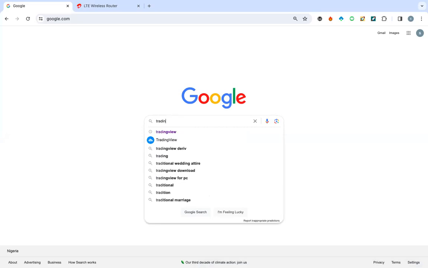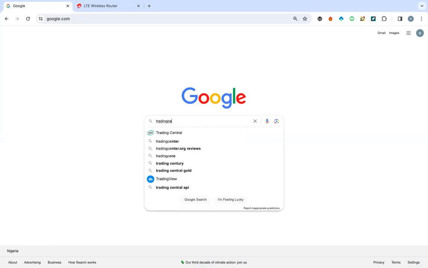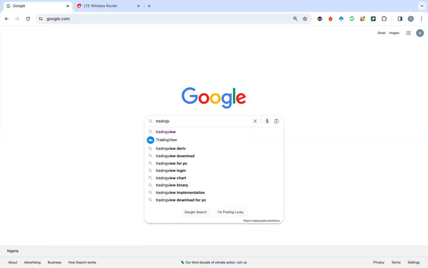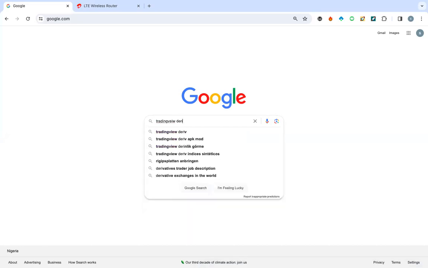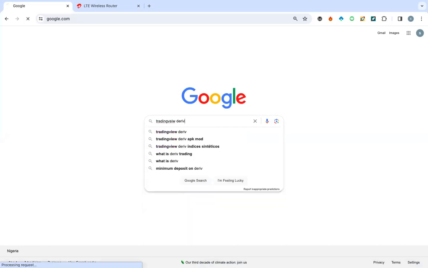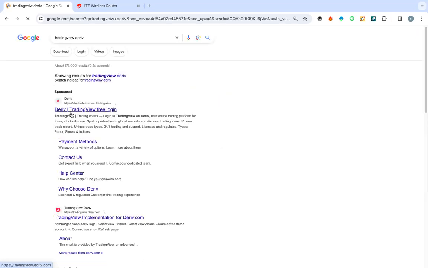let me open without wasting much of our time. Trading view there is okay. Without wasting much of our time. So starting with the